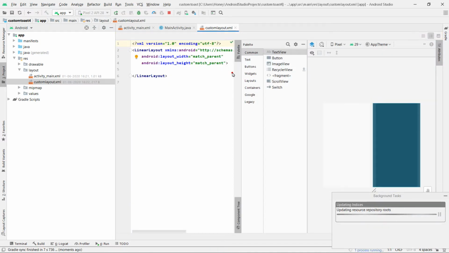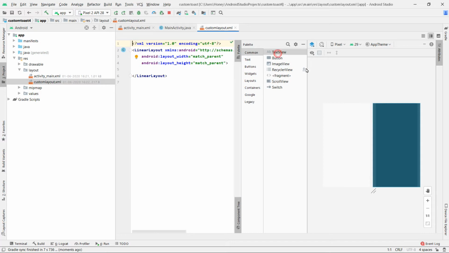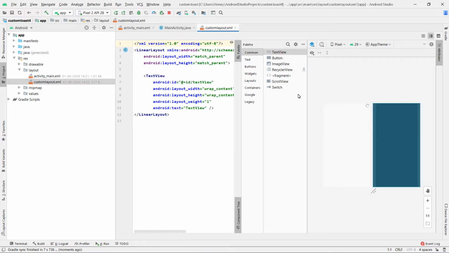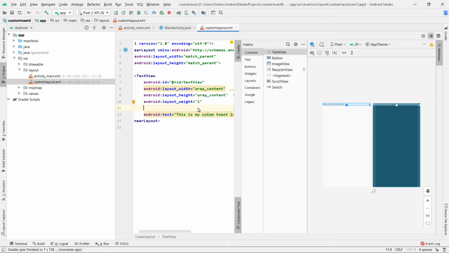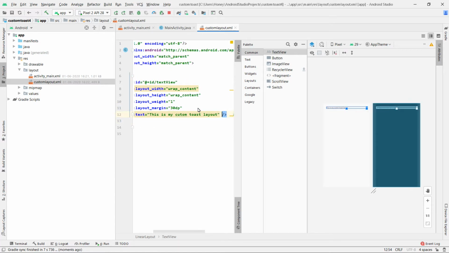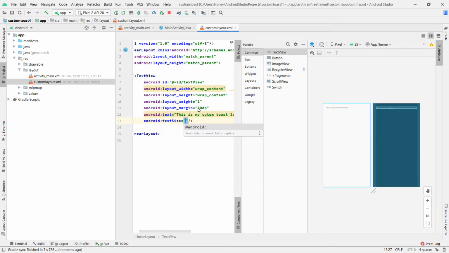I'll implement a text view for now. I'll give the text as this is my custom toast layout. Setting the margin to 30 dp. It's pretty small. We can increase the text size to 30 dp. Yeah, now it is pretty clear.